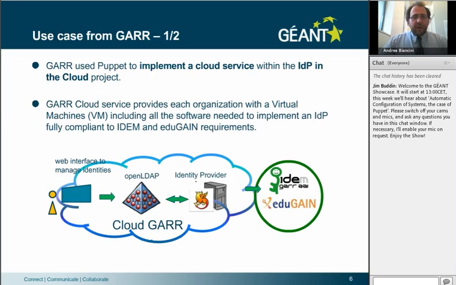So inside GARR, we started using Puppet because we had a very specific problem. We decided something like 1 year ago to implement a cloud service that should be able to provide an IDP, which is a very complex specific software component in the field of identity federations. And we wanted to provide this IDP, this piece of software, in a sort of as-a-service way, typical of the cloud business model. To do that, what we wanted to achieve was